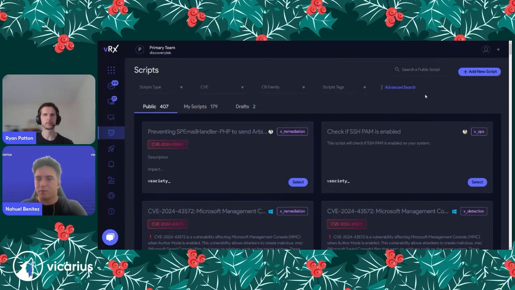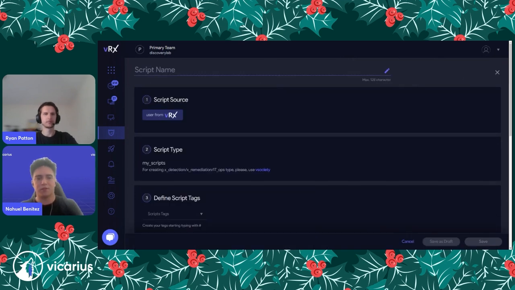Maybe we can now create a new script to see how that goes. Let's go demo live script, something like that. When you create a new script, you will see that the source is completely different from any other source. If you want to create an edge detection, edge remediation, or maybe if you want to add an edge sub,